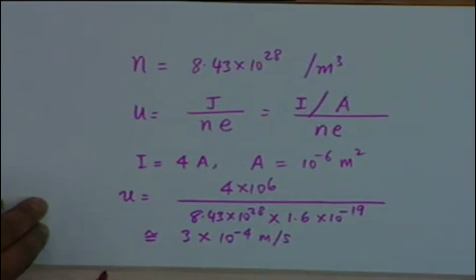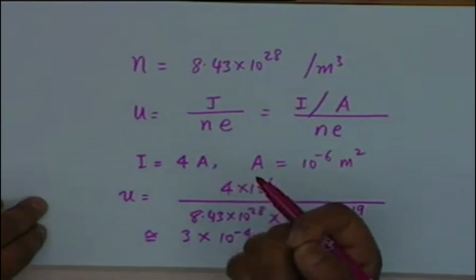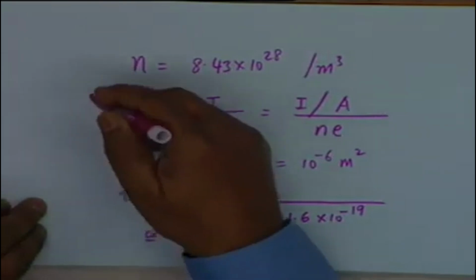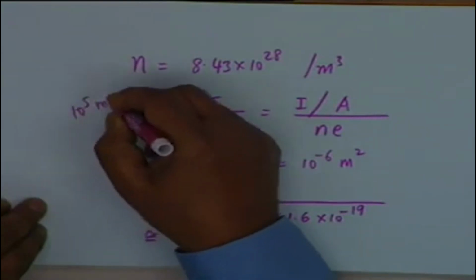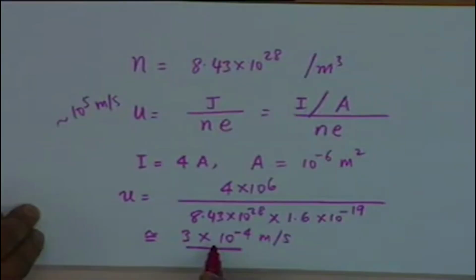This compares very unfavorably with thermal velocity. That is, if you elevate an electron to a certain temperature capital T, then it gains energy and it moves because of kinetic energy, and the thermal velocity is of the order of 10 to the 5 meters per second at room temperature, that is 300 degrees Kelvin. So the drift velocity compares very poorly with the thermal velocity, and the point of this calculation is that if temperature rises, if temperature increases,